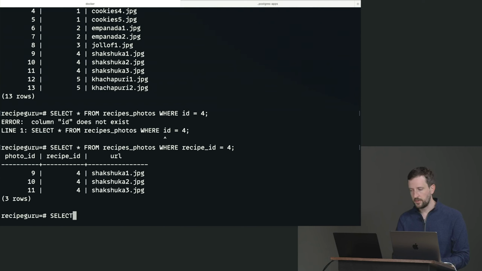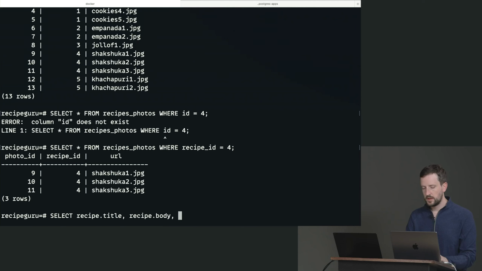So how are we going to do that? We're going to want to get the recipe title. So I'm going to say recipe.title, recipe.body, and photo.url